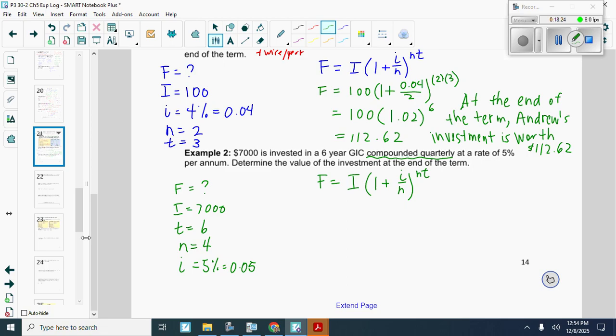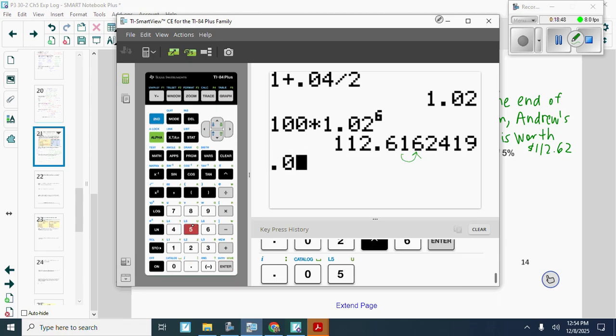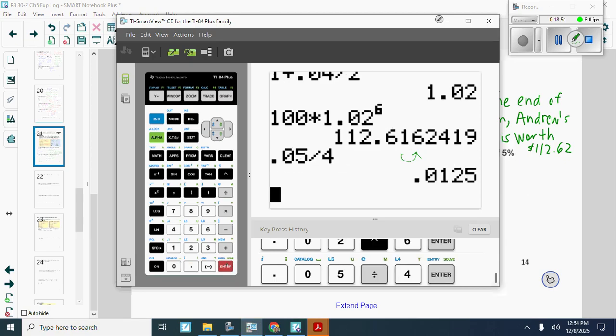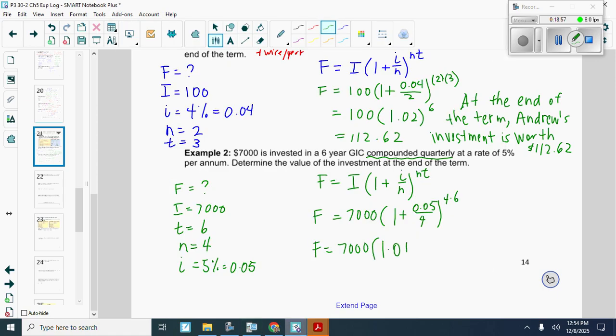So let's plug it in. So we have $7,000, 1 plus 0.05 divided by 4, to the exponent 4 times 6. Okay, 0.05 divided by 4, okay, 1.0125. All right, so the final amount,